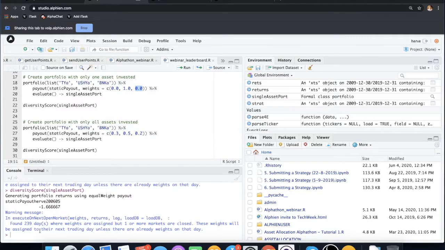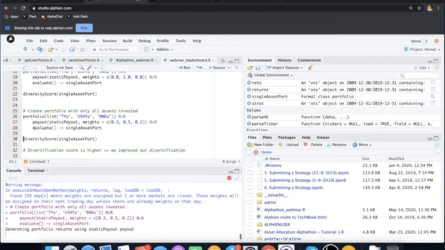So here we have minus 1.66, so we have an intuition that it's not that good, but let's compare to something slightly more balanced. Let's go to the second portfolio, where we still use the same building blocks, but now rather than giving everything to one building block, which is absolutely non-diversified, we just split the weights across the 3 building blocks. Let's run this.